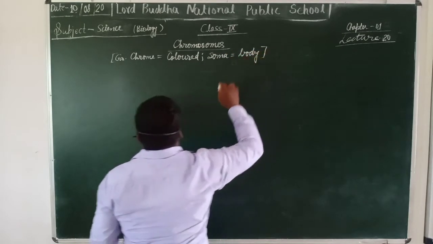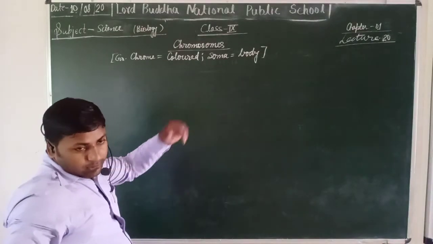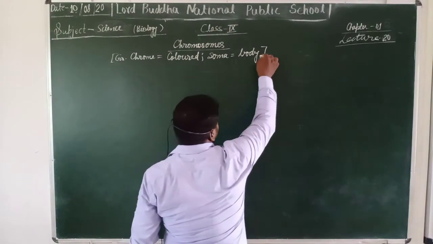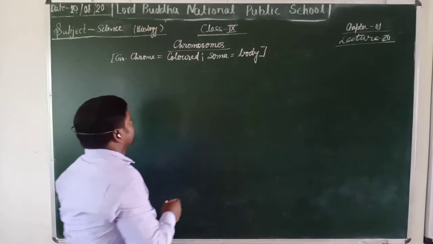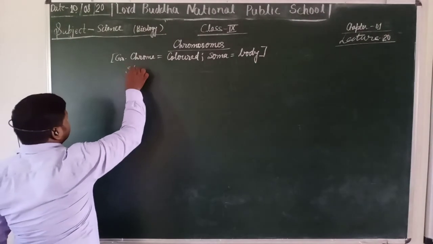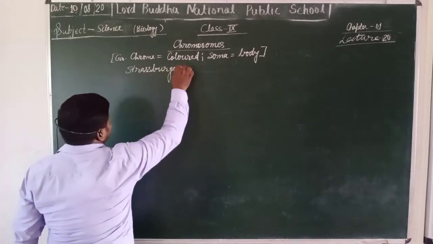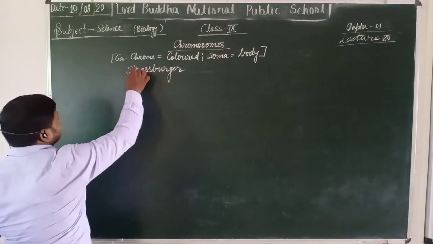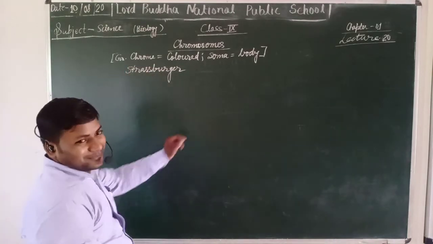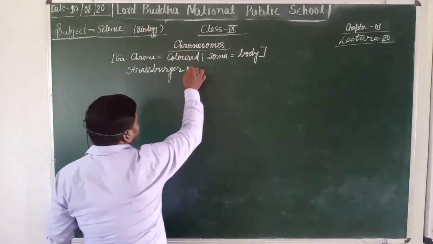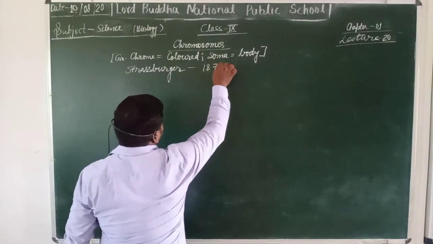Thus these are colored bodies which were first observed by Strasburger. It is not junk food or a burger; it is the name of a scientist. Strasburger observed them in 1875